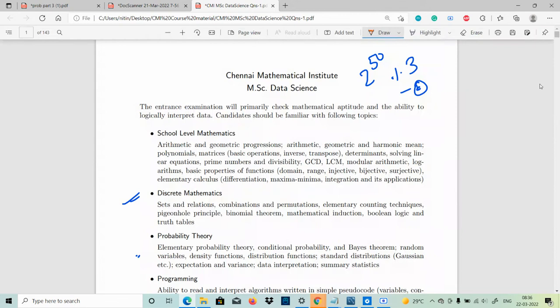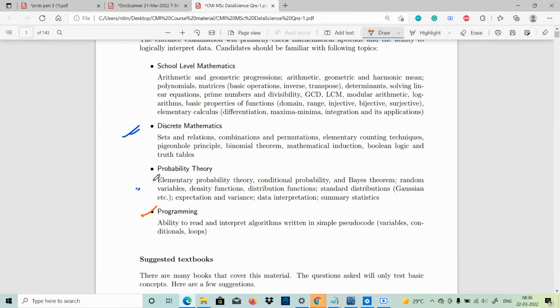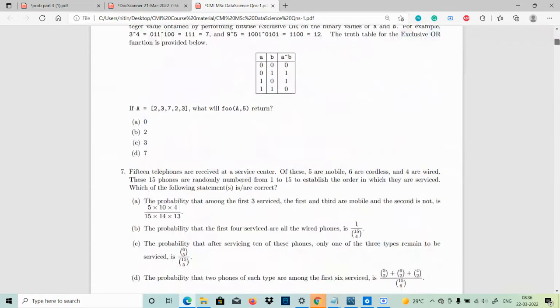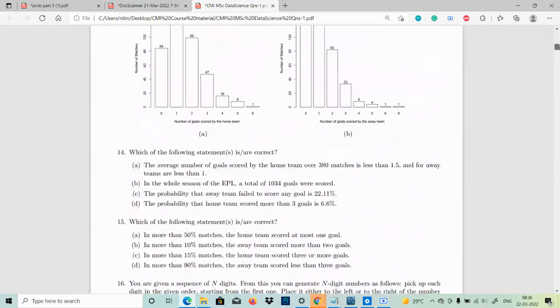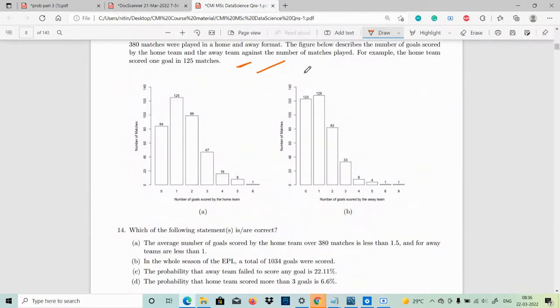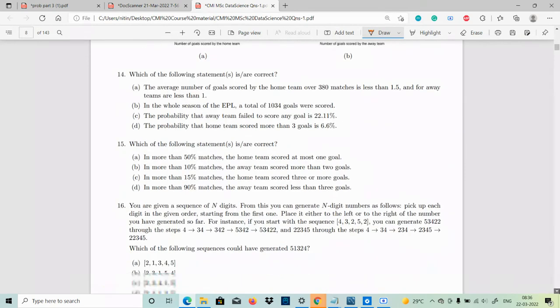Okay, so at this point of time, you must be able to solve questions from coding. Probability, I will cover everything in just 2 to 3 days. And there are some data interpretation questions that you need to solve by yourself. This is not taught anywhere, it's this type of data question. You just need to understand everything on your own, and you can solve these questions based on the information given.